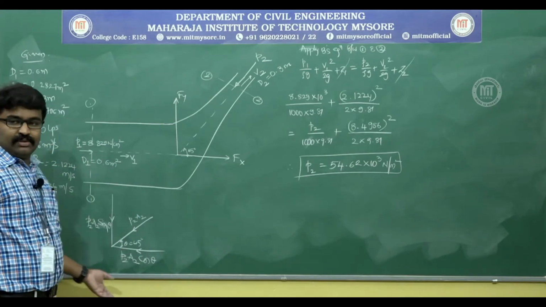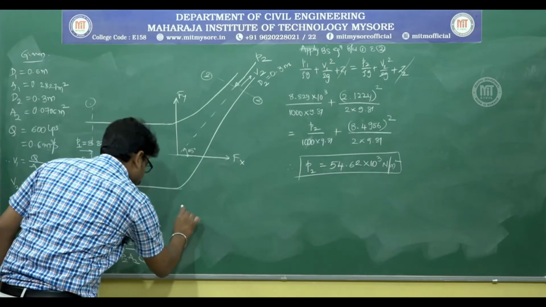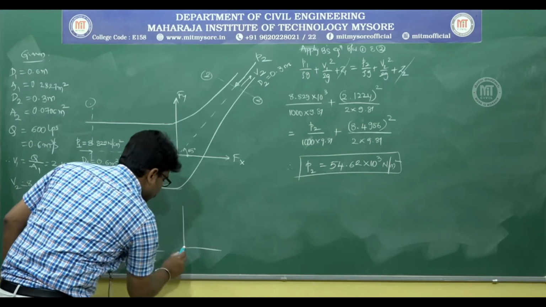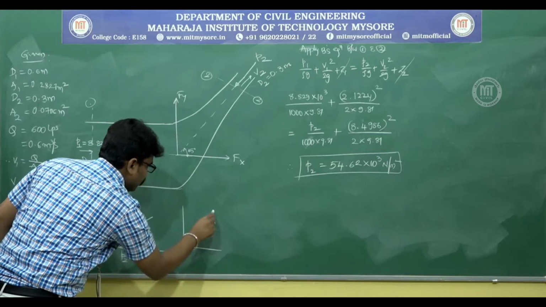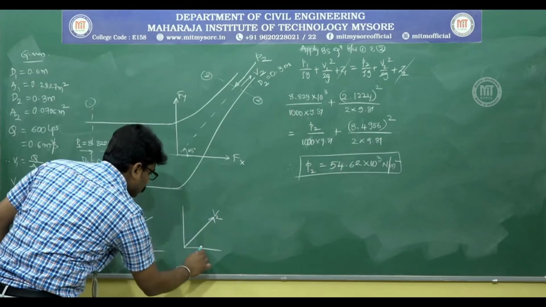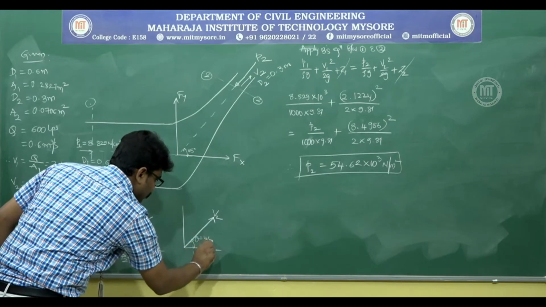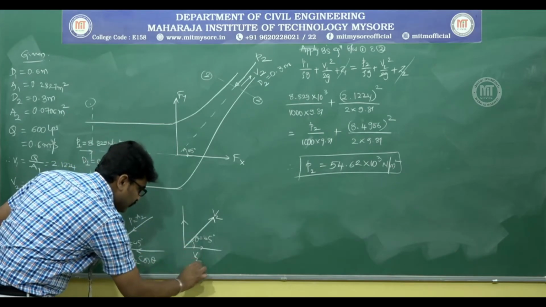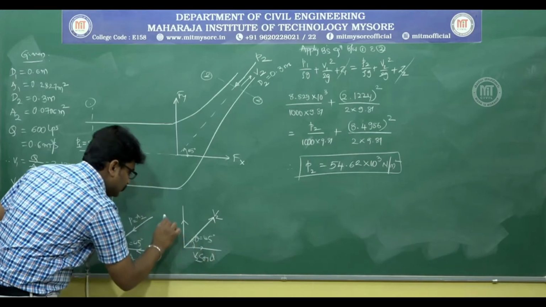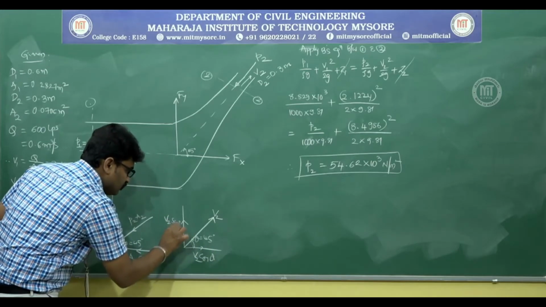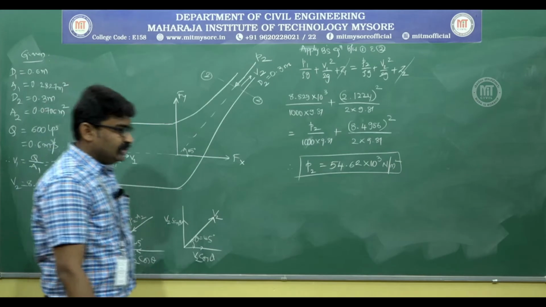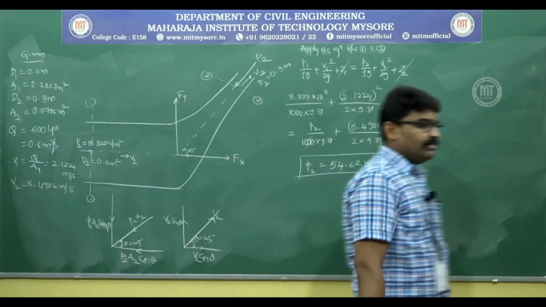So, P2A2 cos theta, where theta is equal to 45 degrees. Also, you will have to have a similar drawing for finding the velocity in x direction, but velocity is outwards, which is nothing but V2. So, this is again theta equal to 45 degrees. This is V2 cos theta, this is V2 sin theta. Using this you can solve the problem.